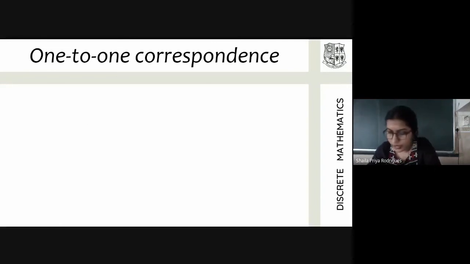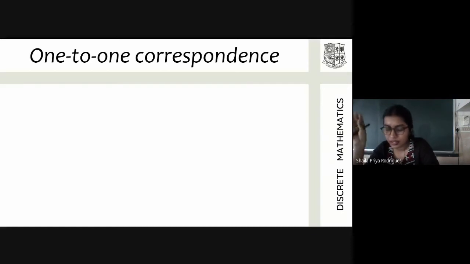You can tell it in your own words. Or one-to-one correspondence in terms of functions, there are two significant words that lead up to one-to-one correspondence. Do you remember what those are? After studying the whole of group theory and now ring theory, you should be knowing this. Each element of the domain has a unique image. Yes, that is half of what a one-to-one correspondence consists of.